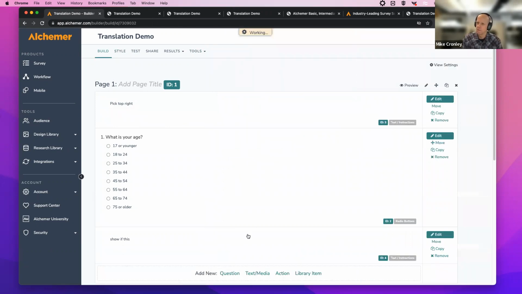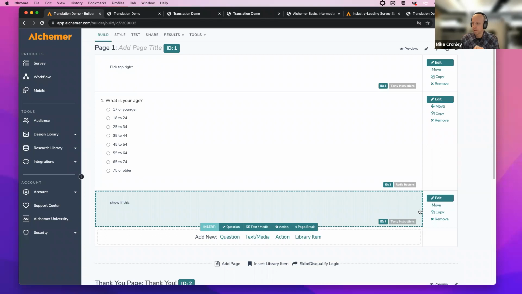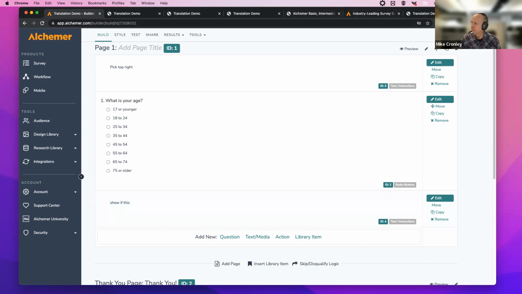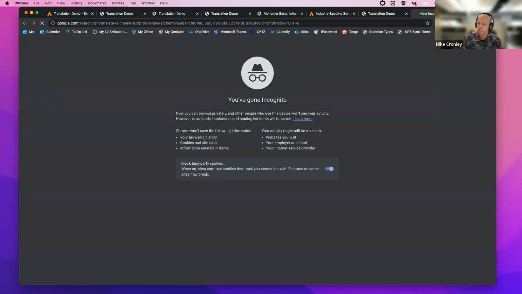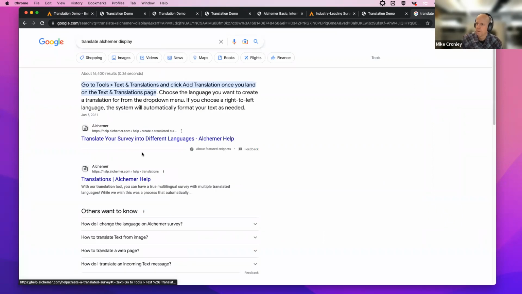So I'm saving this, and you can use the language setting behind the scenes to display elements within a survey. So in our, let me just get to the text of this, translate Alchemer, display, let me see if I can find the right,